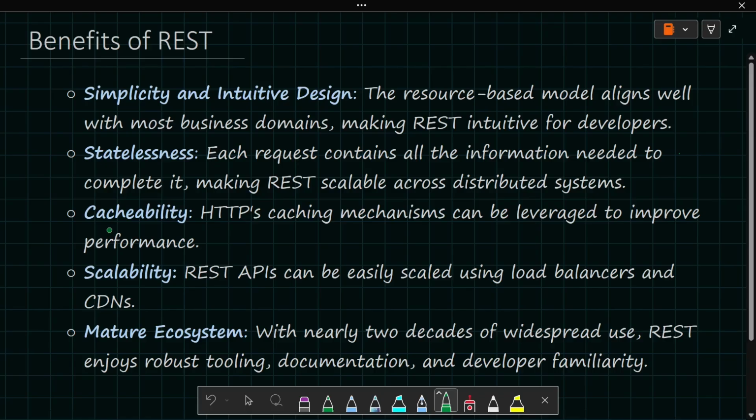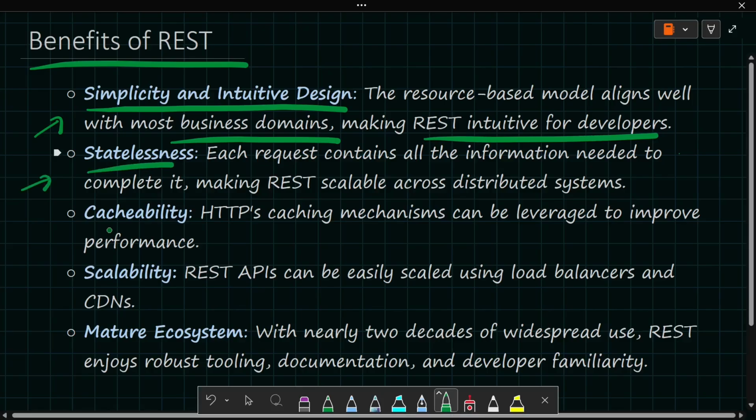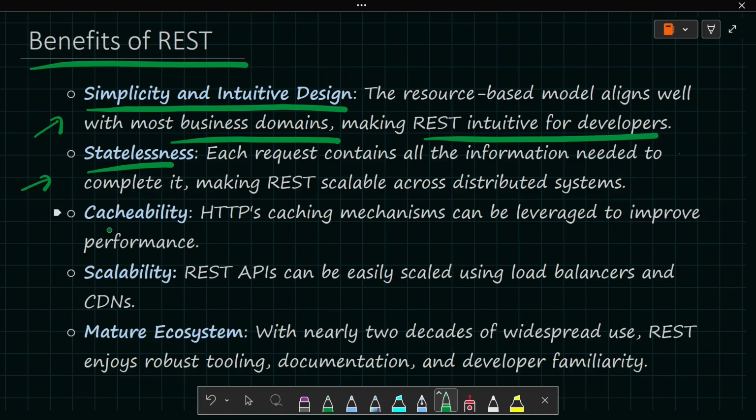Let's move ahead. Let's talk about the benefits of REST. If I talk about the benefits, simplicity and intuitive design. What does it mean? The resource-based model aligns well with most business domains, making REST intuitive for developers. If I talk about statelessness, each request contains all the information needed to complete it, making REST scalable across